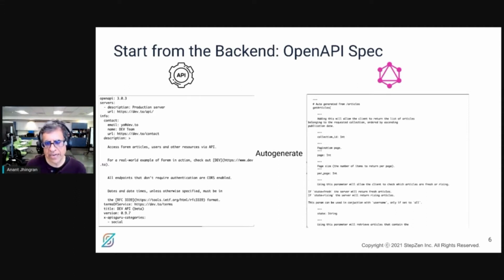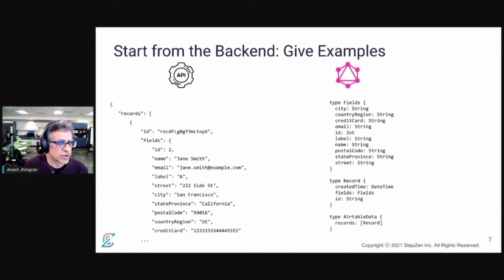So fundamentally, what's happening is that you're starting from the backend and you're generating GraphQL queries like get articles. And the good thing is, of course, the comments from the OpenAPI spec, if they're done properly, can be brought in and written into the GraphQL world. Now, of course, if you don't have an OpenAPI spec, which unfortunately happens more often than all of you would like it to be, there are other tricks that you can do starting from the backend. You can actually submit queries.